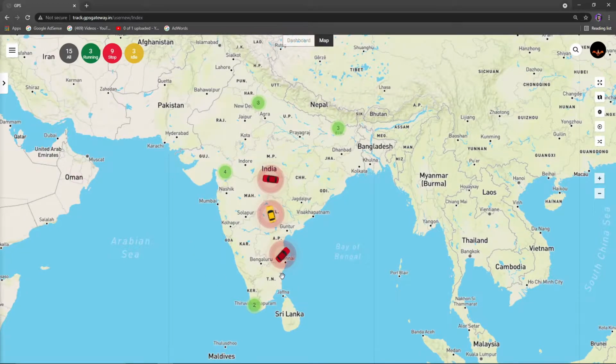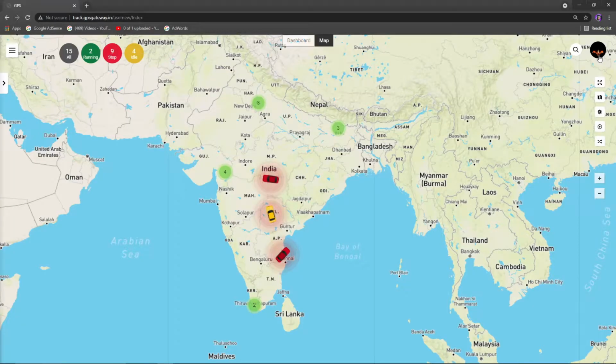The first item we will be looking at is the user menu. Here you can see it on the map. The user menu has the most basic function, the user setting, which we'll cover in separate tutorials. And then there is the ability to log out of this platform. After that, there are some icons we are going to explore one by one.